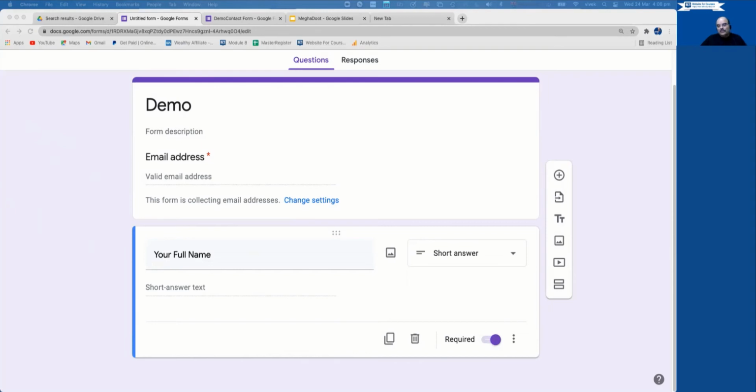Then you may want to consider adding a couple of questions you want answered so that you will be able to respond appropriately. These should be the questions that are relevant for the type of product or services that you will be providing. These questions would typically qualify those who fill in the form appropriately.